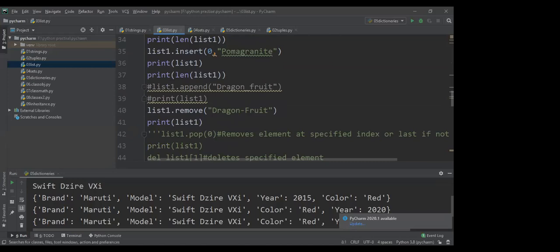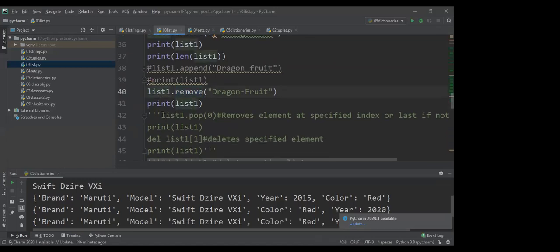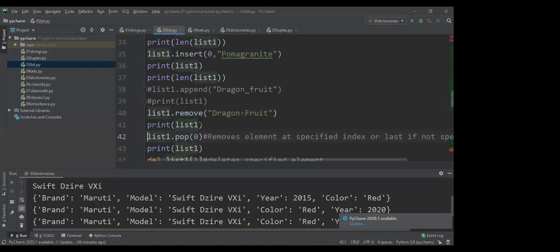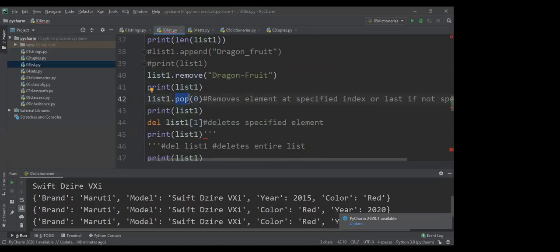So yesterday we were discussing about the list, and we have discussed the last method, remove, right? Now, like remove, we have one more method called pop. This is also used to remove the required item. Along with the remove method, you need to specify the value of the element which you are going to delete from the list. And along with the pop, you have to specify the index number of the corresponding item.